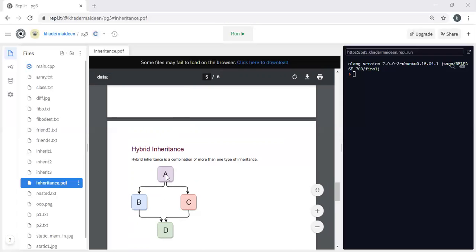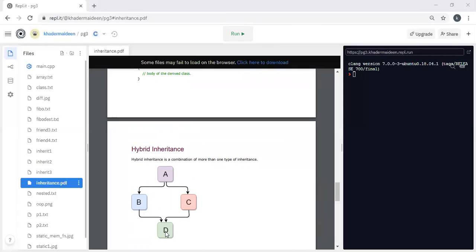Therefore, first we define class base A, then its body, then class derived B, whose parent is base A, then its body, then derived C, whose parent is base A, then the body of C, then class derived D, whose parents are B and C.